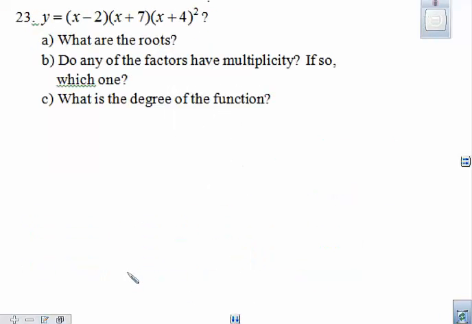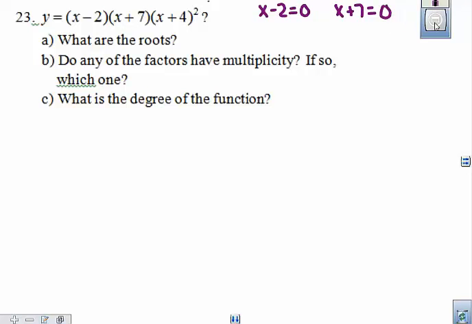23 gives you a function that's already factored out. They're asking you for the roots, asking if the factors have multiplicity, if so, which ones, and asking for the degree of the function. Okay, you're already set up to find your roots. It's already factored. So when you're finding roots, you're splitting and solving. So you need to set each of your factors equal to 0